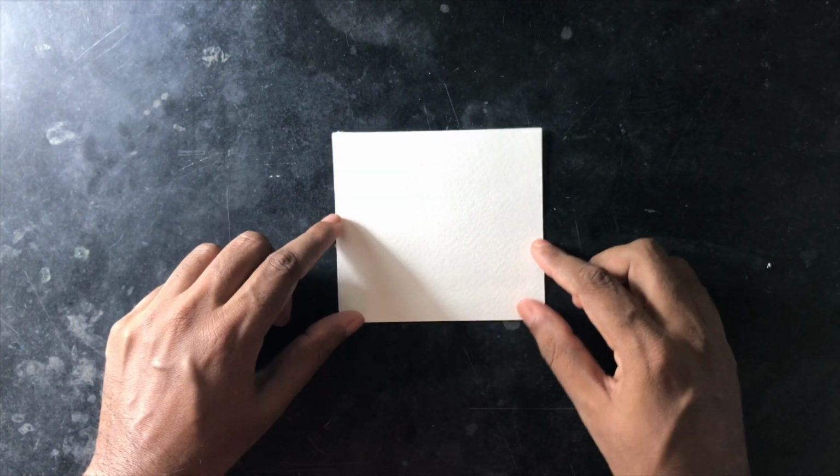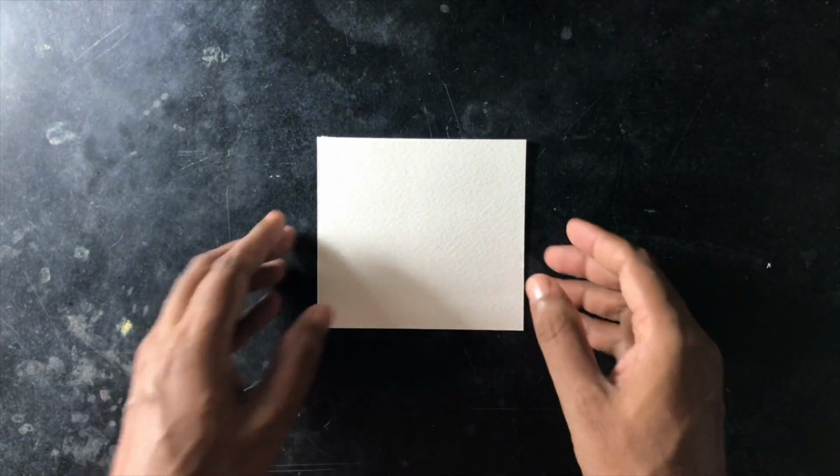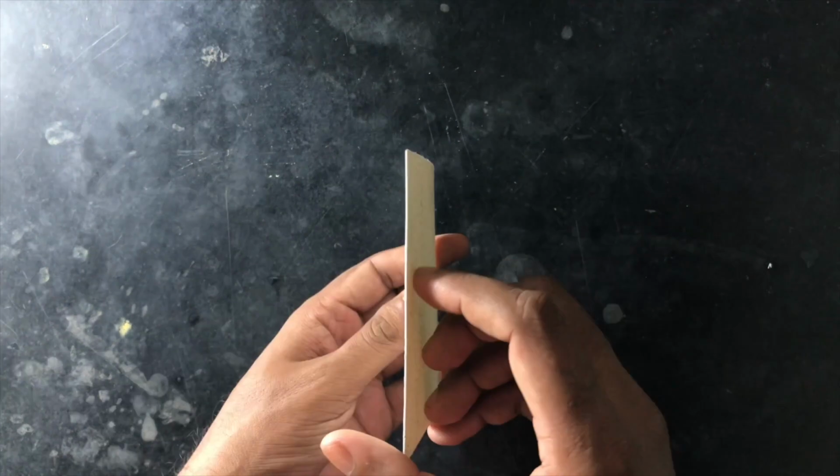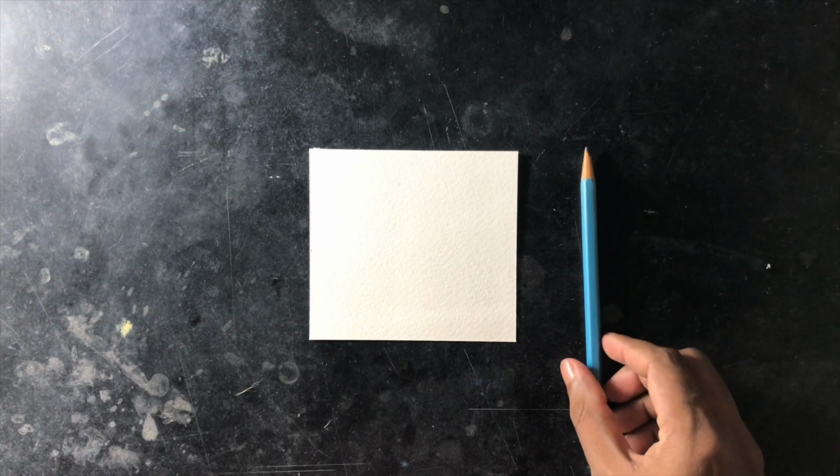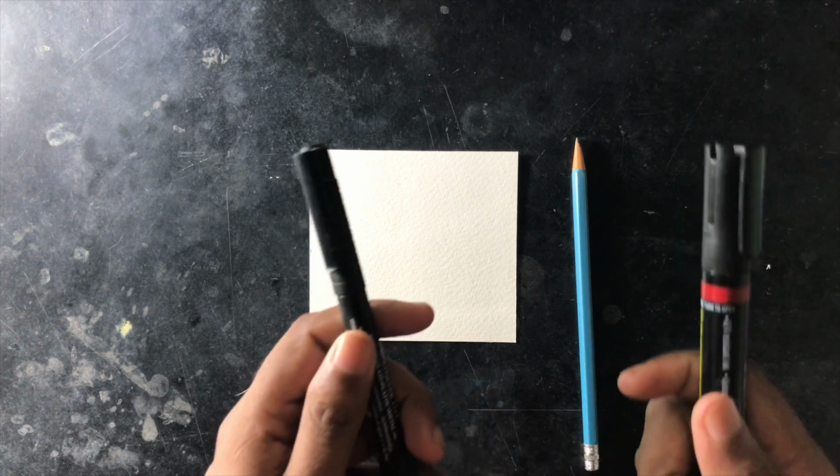To start with it, we need paper. For this video I'm using 1000 GSM fine grained watercolor paper. You can use any medium like cardboard, chart paper, etc. We need pencil, permanent marker,